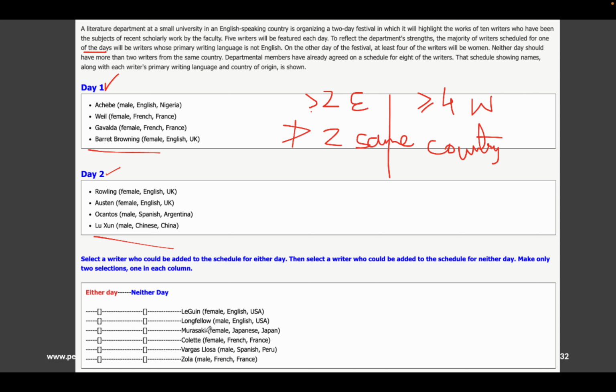Which of these people can be chosen for either of the days? And which of the people are likely to be chosen for neither of the days? Now, before you get into the nitty-gritty of these questions, just figure out one thing. Who is the most